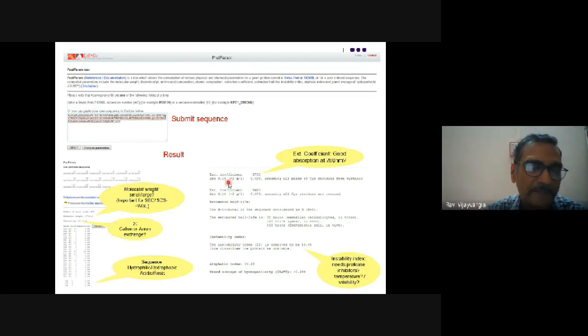So what information can be seen in this result? It will tell about the molecular weight of the protein, which tells about the size of the protein. That is important for deciding the resins to be used for size exclusion chromatography, and in SDS-PAGE where to look for your protein. Also, it will give information about the pI. pI is the isoelectric point. Do you know what the isoelectric point is?